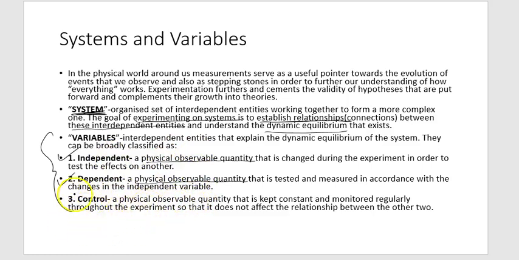Then comes the third. It's also quite important in the context of the independent and the dependent, because there might be an equation where x, y, and z are related. So let's say z equals x into y. All right. So this is the equation, and I want to observe the change in z on account of x. So in my investigation, y cannot play a role. So y will become a control.